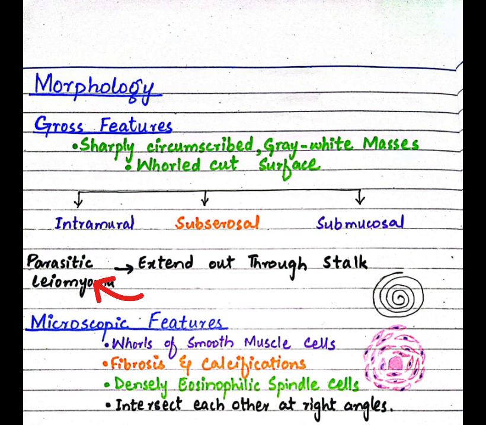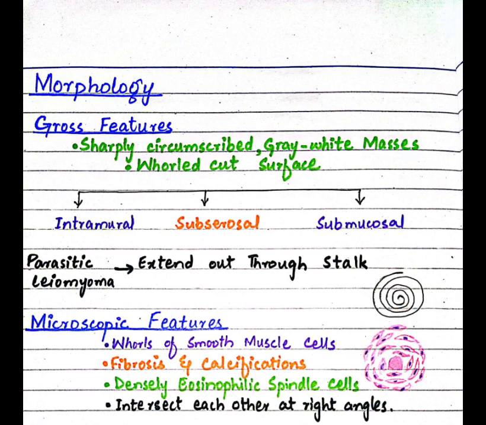And sometimes they extend through a stalk and can develop as parasitic leiomyomas that can derive their blood supply from the adjacent areas. As far as microscopic features are concerned, they are very simple to remember. They are whorls of smooth muscle cells, and there can be fibrosis and calcifications. So inside here you can see that there is eosinophilic fibrosis, and there are whorls of smooth muscle cells